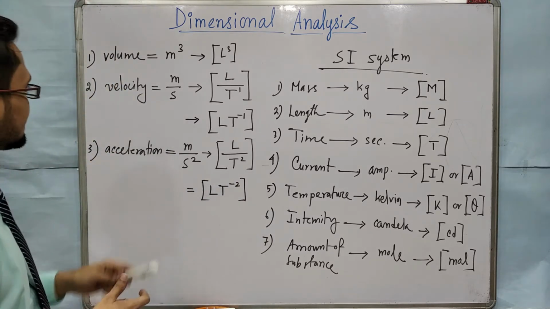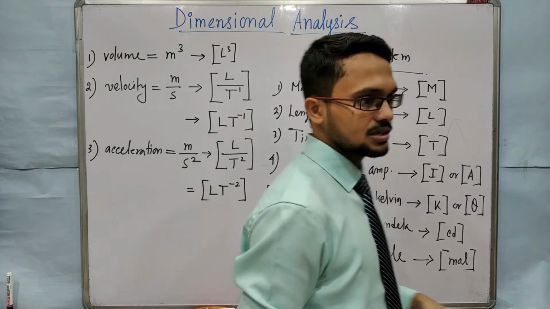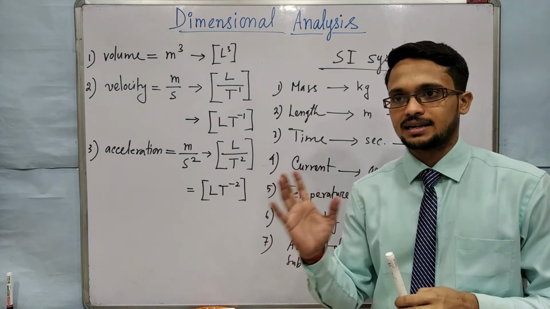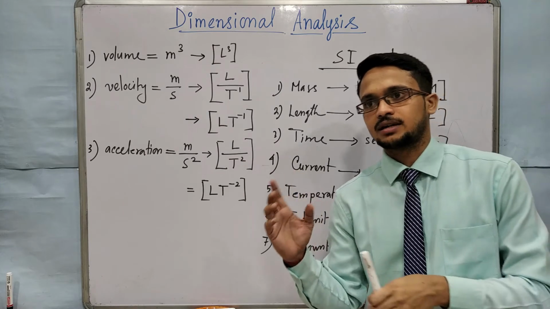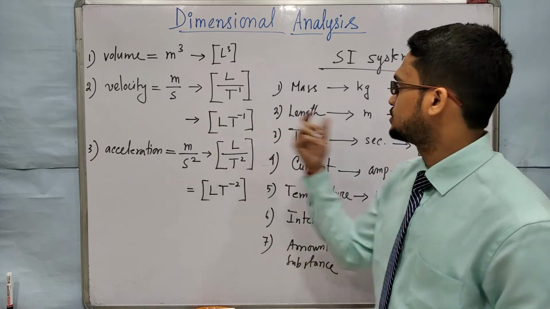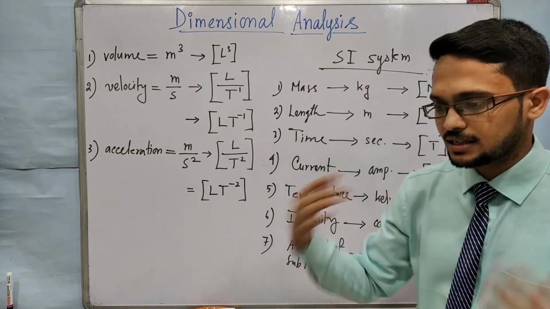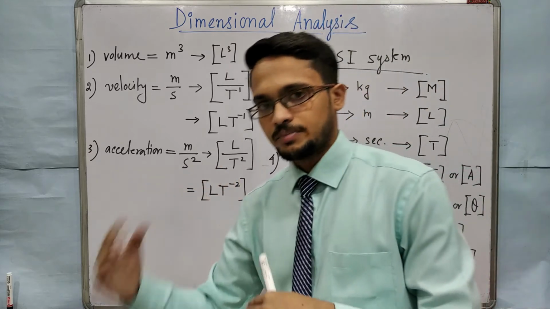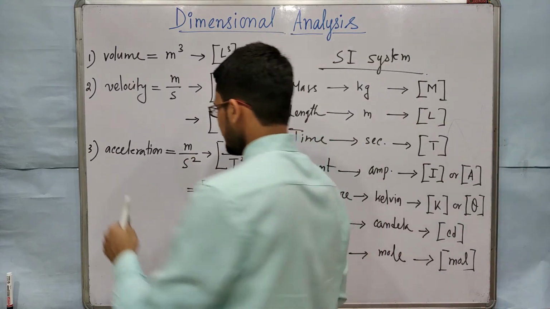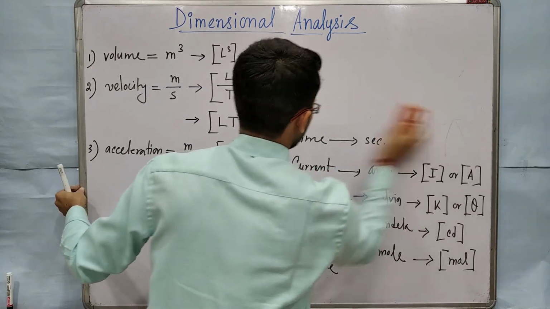In the dimensions of derived quantities, you have to remember the formula from which you are getting that quantity. Like force comes from mass into acceleration, so we will use the dimension of mass, then the dimension of acceleration. In this way you will remember. As you practice and practice, it will automatically stay in your mind. So I am erasing this part and I will show a few more.